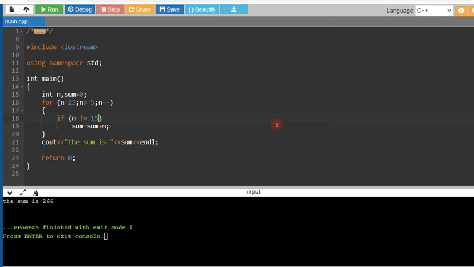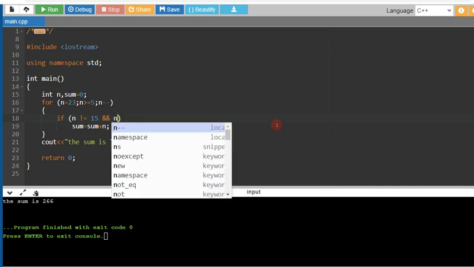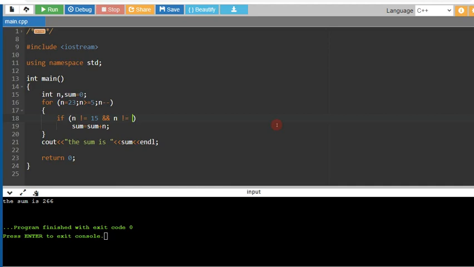What do we have to do now, students? We have to write 15 here, as it goes in descending order. First you give the bigger number, that is 15. Then you use the AND operator, which we learned in the last videos. So AND operator, then n not equal to 11. It means 15 and 11 both get excluded from the sum.